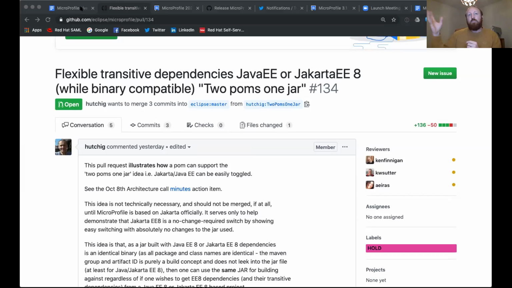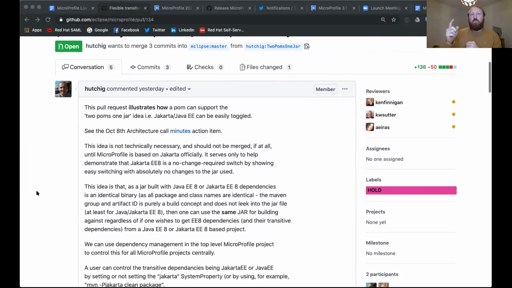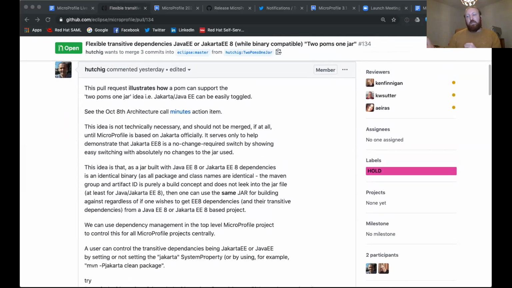Separately to that, each of those specifications, if we had a parent POM, would need to refer up to something, and I don't know whether that would be the BOM file or a separate parent POM. I think you can do it the same thing. I think so far you can combine them into one. That's what we've got at the moment. Okay, fair enough.